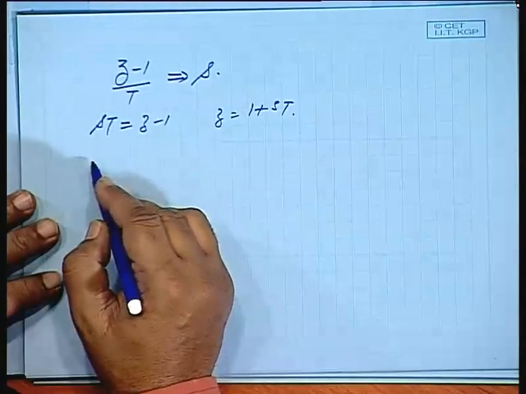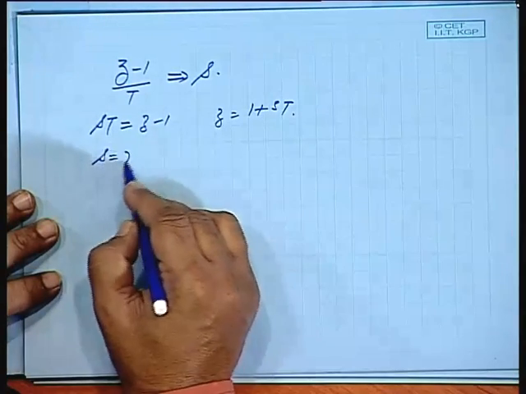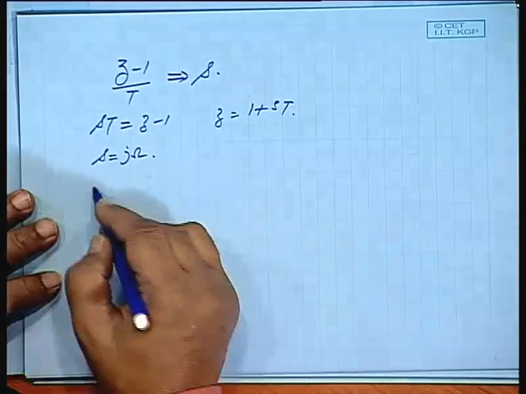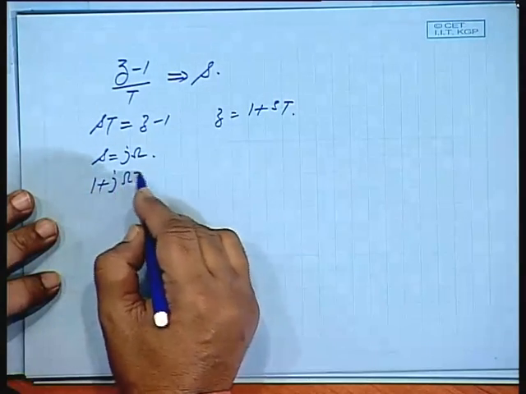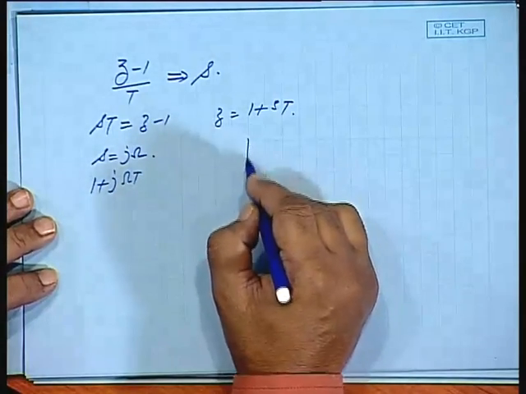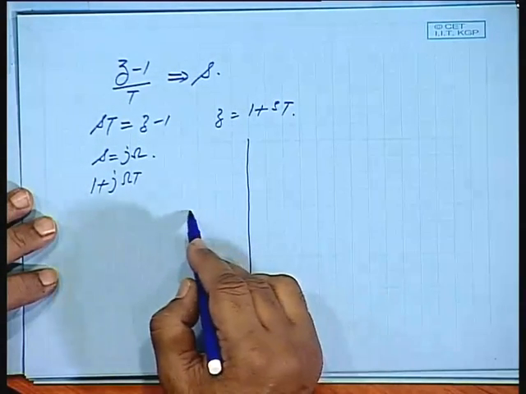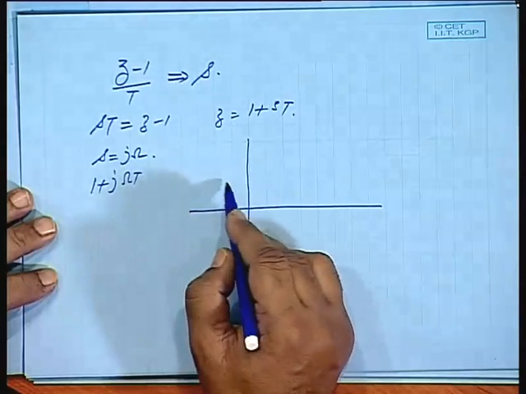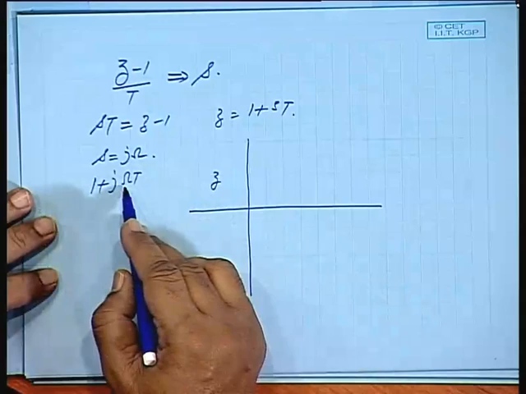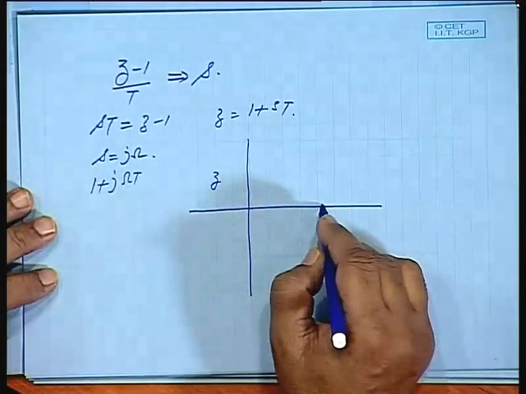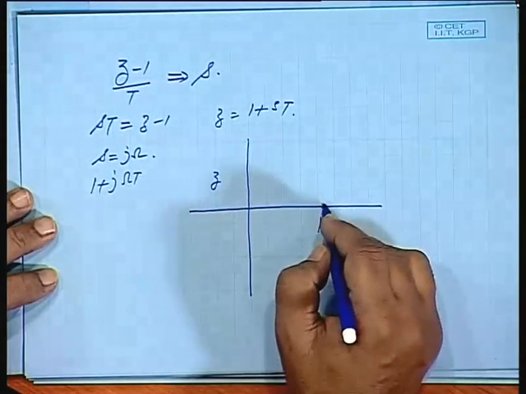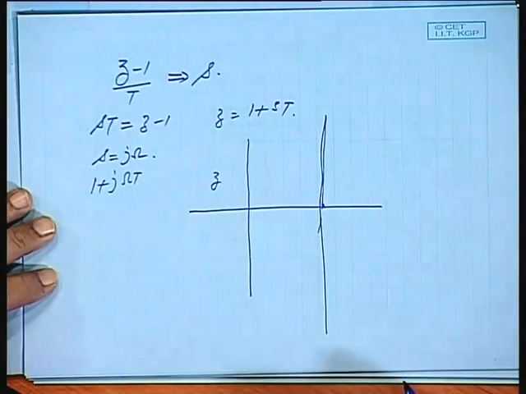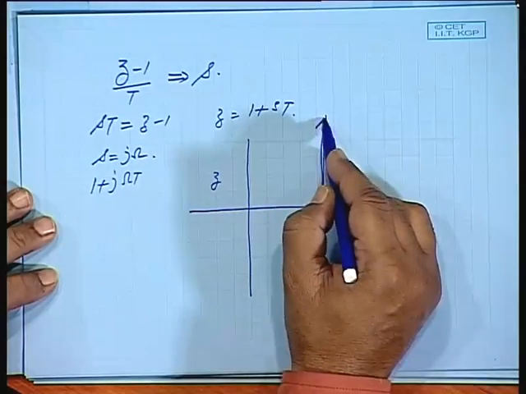So, now if I make s equal to j omega, it is 1 plus j omega T. What is it? Z, when I take the real part, is 1 and it is a straight line,